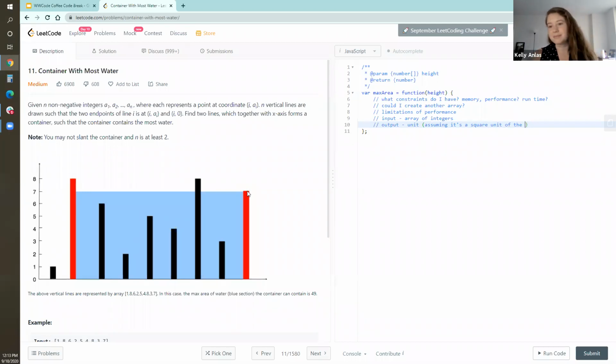Right, which makes sense, right? Because looking at our example, this lower right-hand bound is size 7, and our output is 49. Yes, so that'd be like the example there. So if we have our input,